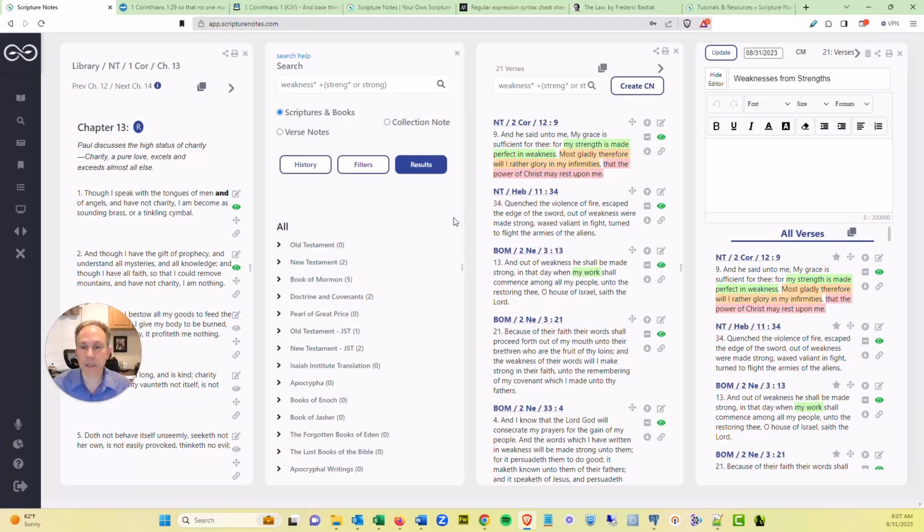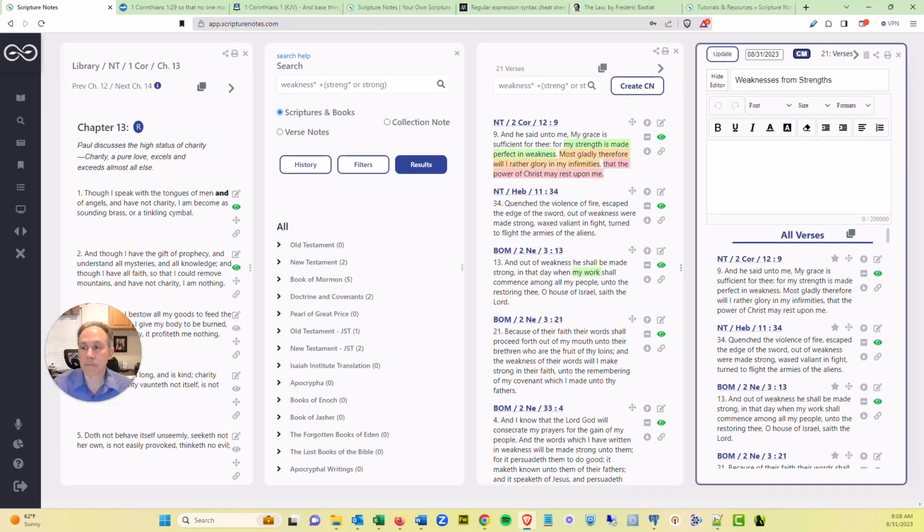Now, before I click share, I want to explain one thing. At the top of every collection note pane is a CM button. You can see it right here. And it says click for custom verse markup. So this button lets you create fresh markup on the verses in this collection note. So you can see I've got some markup here on my own. But if I wanted to actually mark up what I'm going to share with other people, I would do it here in this mode. You can see the blue border just went around the outside by clicking that, and I can toggle that on and off.